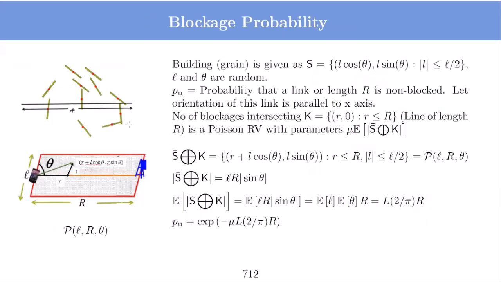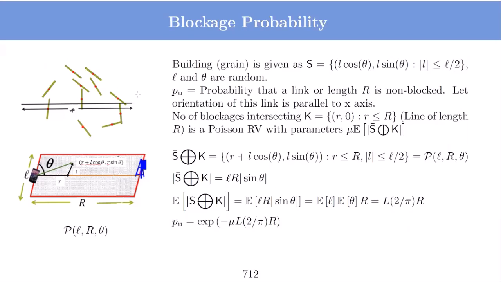For that, I have to compute the expected value of S bar Minkowski sum K. Here the grain S is basically a line. Each point of this line will be given by l cos theta, l sin theta, where l is between minus L by 2 and L by 2. So if a grain has length L and angle theta, then this line would be